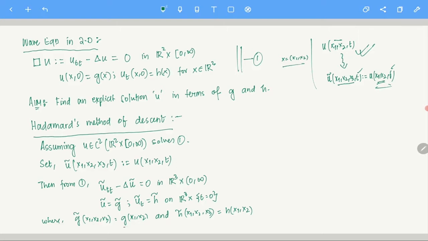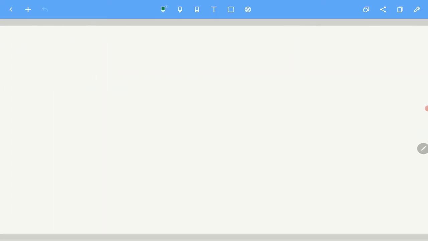Okay, but now what I am doing here is this g and h are given. I am using that g and h to define a new g tilde and h tilde. And of course if you define u tilde, g tilde and h tilde like this, then this is true. Okay, let's call it 1, 2. Clear? So this is true. Now if this is true, see, this is in 3 dimensions. I know from our last video, Kirchhoff's formula, what is the solution of this. So we'll write that down.